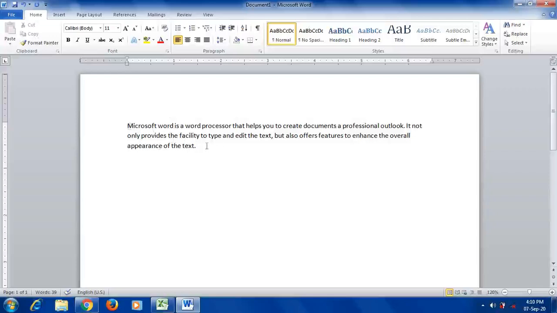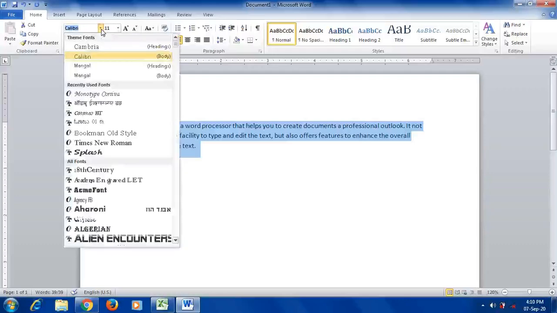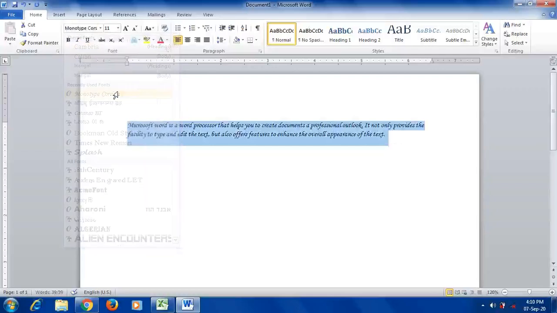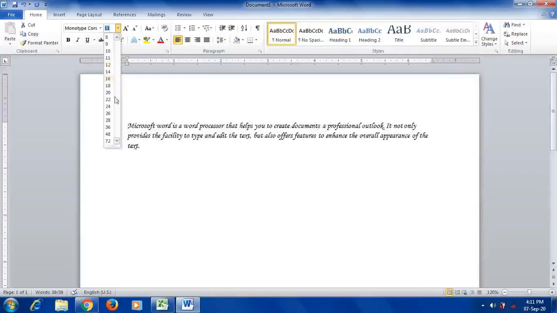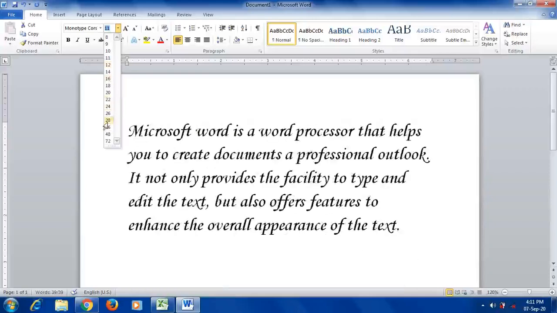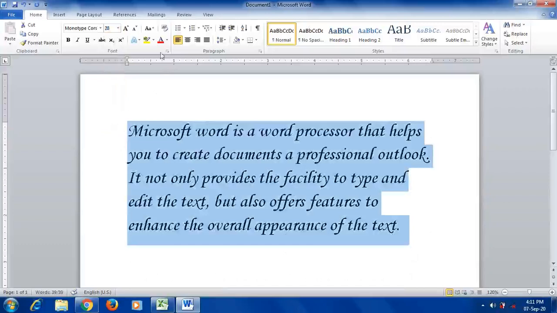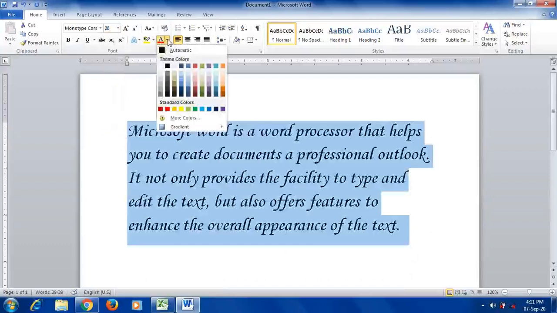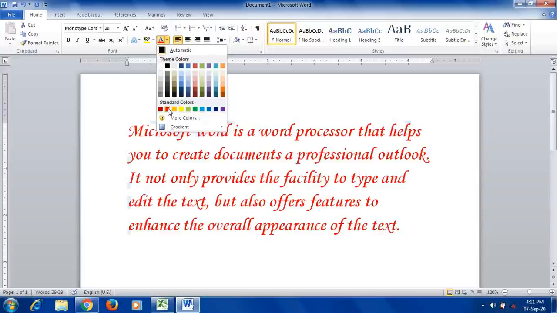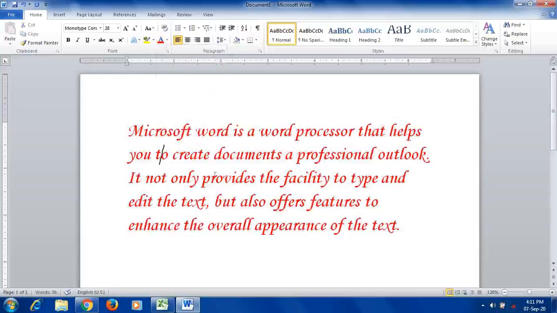Afterwards, changing the font. So let me show you changing the font. Select the text. In the font group of the Home tab, you have all the font related options. To change the font, just click on the font name option and select the font. Next, if you want to change the size of that font, click on font size, then select your desired font size. Then font color: here the color option is given. You can click on that color option and choose the color you want to apply.